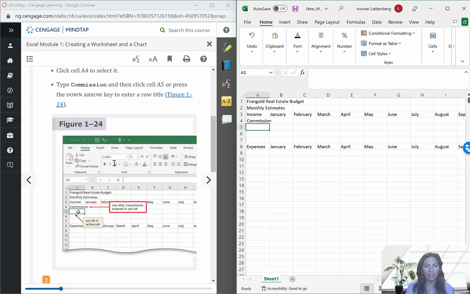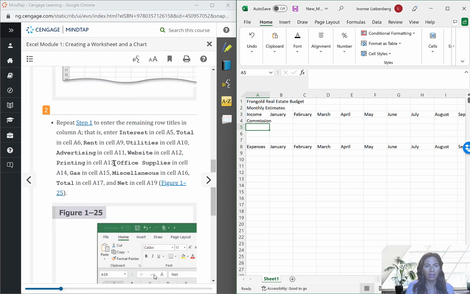And let's scroll down through the instructions. It says repeat step 1 to enter the remaining row titles in column A. That is, enter interest in cell A5, total in cell A6. And then we have to move to rent in cell A9,